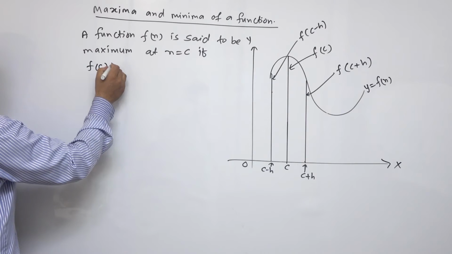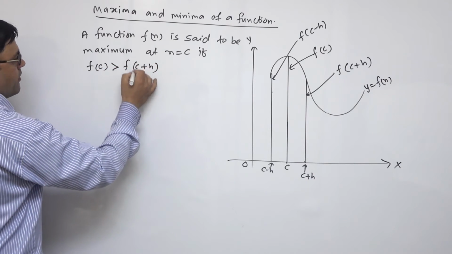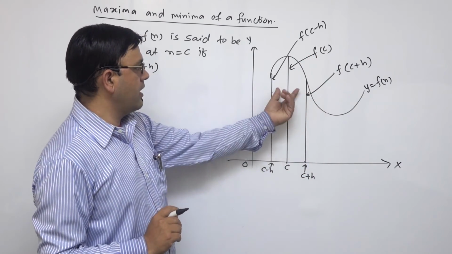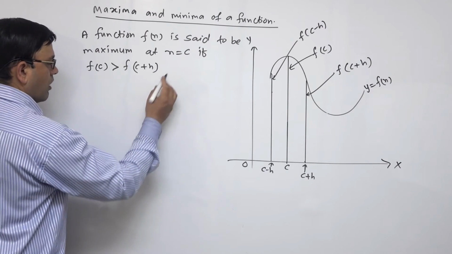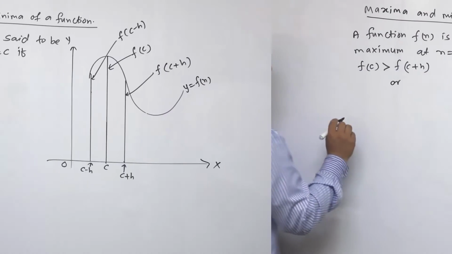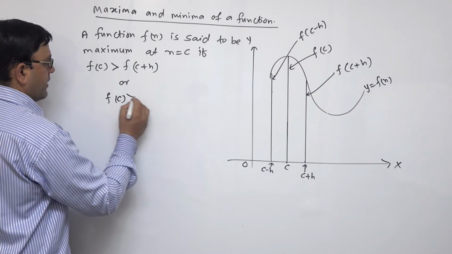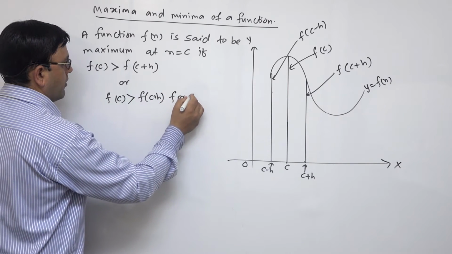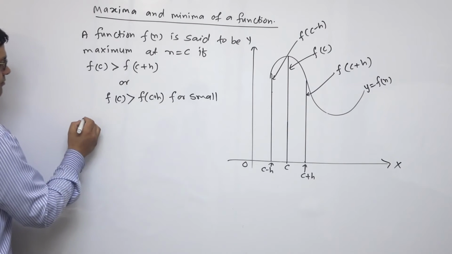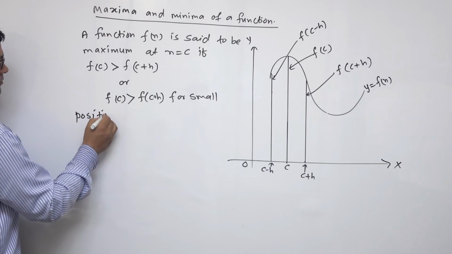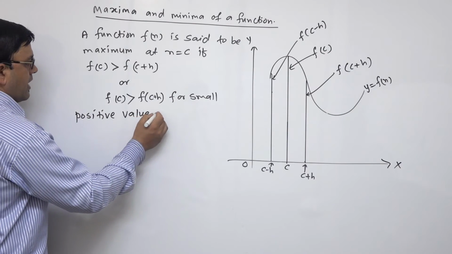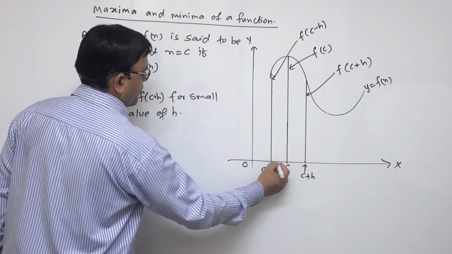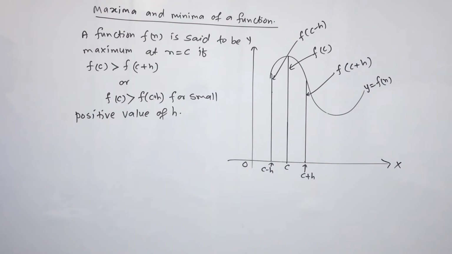If f(c) is greater than f(c+h), here f(c) is greater than f(c+h), or we can write f(c) greater than f(c+h) for small positive value of h. Here is a very small positive value of h. Look at the difference, there is a difference of h. Similarly,